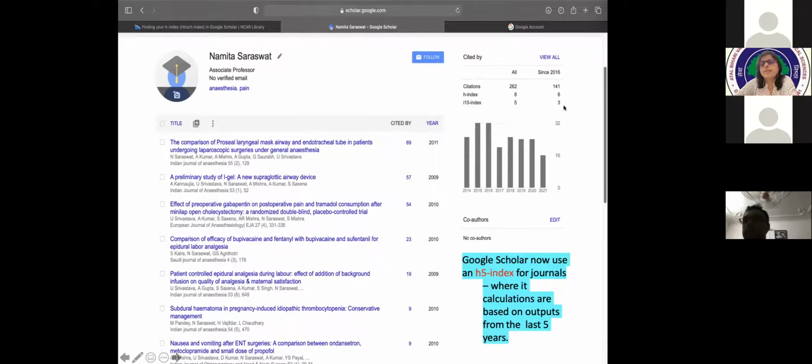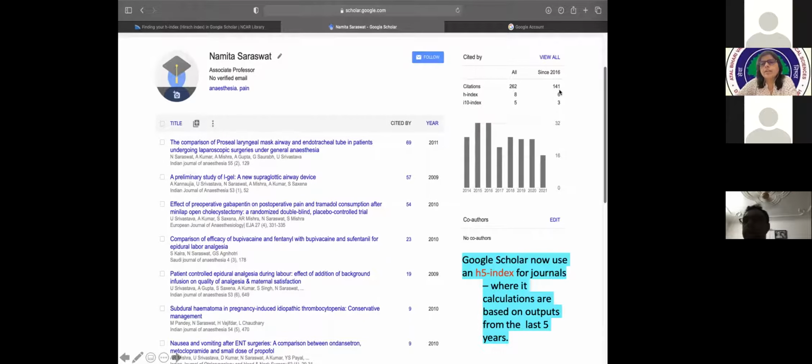So there is one more term, H5 index. Google Scholar now uses H5 index for journals, where the calculation is based upon the output from the last 5 years. If you have been a good researcher in previous years, but now you are not doing good research work, your H5 index will keep falling.